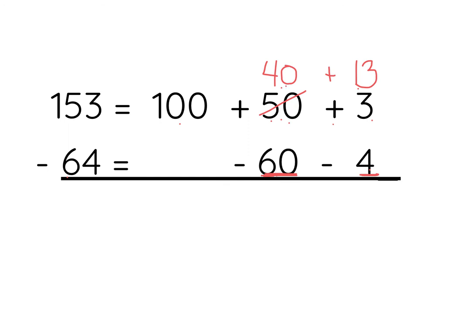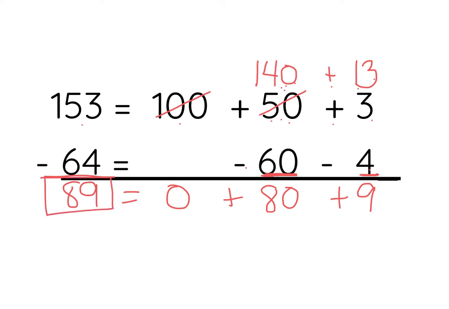I don't have enough tens to subtract 60 with that being a negative, so I am going to take the 100 and put it in my tens column. 153 can be renamed as 140 plus 13. Now we can subtract. We have a 0 there. 140 minus 60 equals 80. 13 minus 4 equals 9. So 80 plus 9 equals